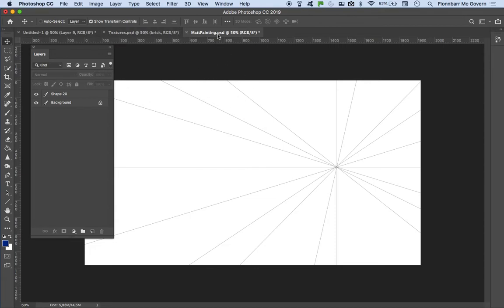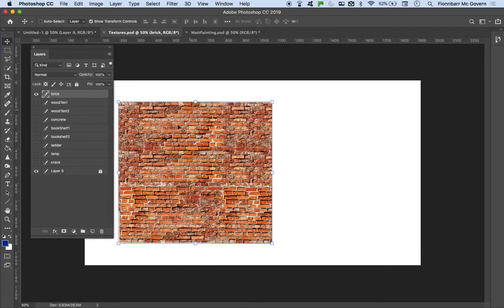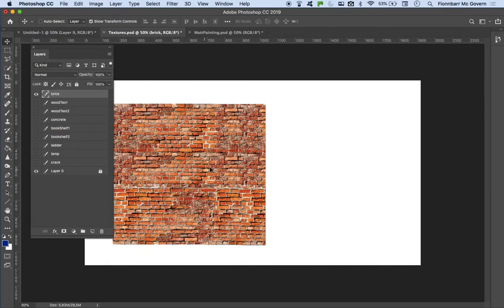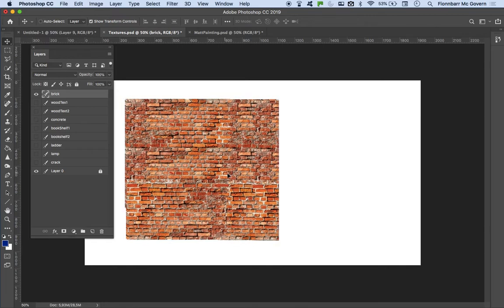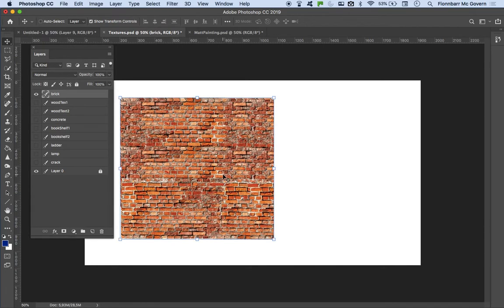So if I have my matte painting right here, you can see I've called it matte painting because I've already saved it. Here's my textures. I put them in a different folder, a different file essentially that I'm just going to drag in and out. It's just so that I can have a resource. So right here I have got a little brick texture. I'm going to show you very quickly how to get in, and you should know already how to get an image into